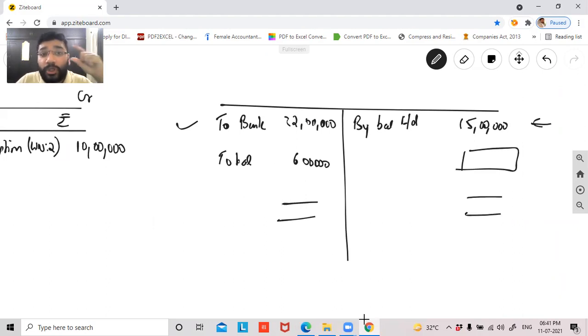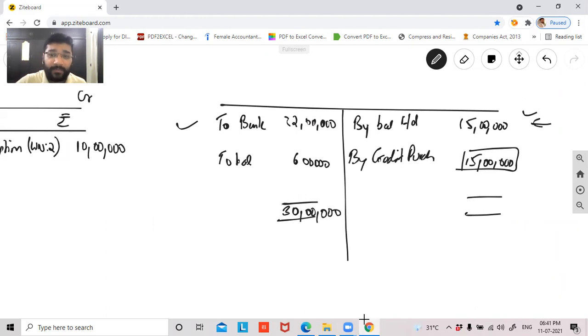So your total exposure, your total liability during the year was 30 lakh rupees, of which 15 lakh rupees pertain to the previous year, and the remaining 15 lakh rupees is the additional credit purchase you have done in the current year. By credit purchase, this is nothing but raw material purchase. 15 lakh rupees worth of raw materials you have purchased on credit. So 15 lakh rupees is the balance of the previous year. In the current year you further purchase another 15 lakhs worth of raw material on credit basis. So your total exposure is 30 lakh rupees.